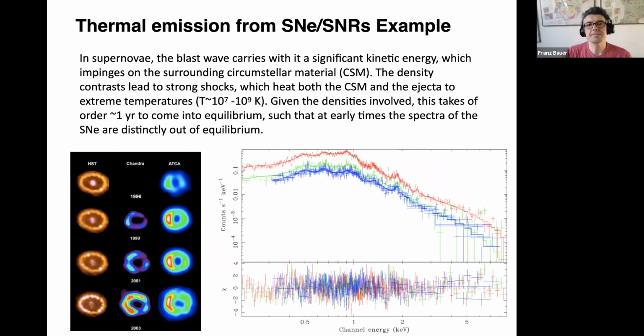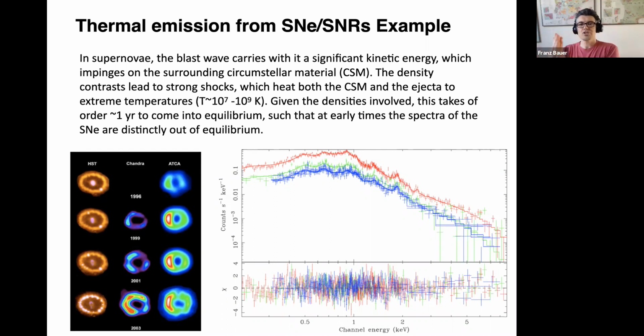Another place that you see thermal emission is from supernovae. Supernovae have kinetic energy in the form of a blast wave, so the ejecta from the supernova will interact with the circumstellar material. Typically, that's a wind that the progenitor star was shedding before it went supernova. The wind has a typical velocity of maybe 1 to 100 kilometers a second. The ejecta has a velocity of 10 to 5 kilometers a second, and so you sweep up this material, and